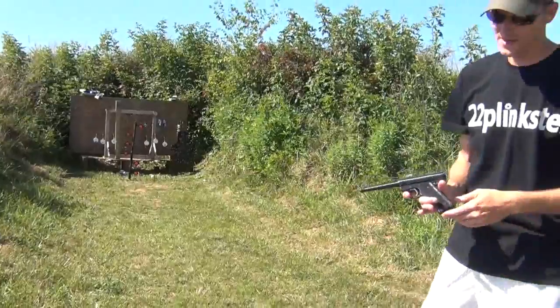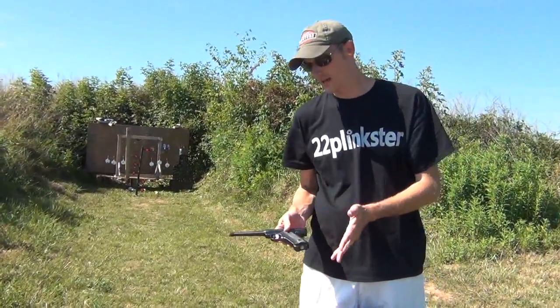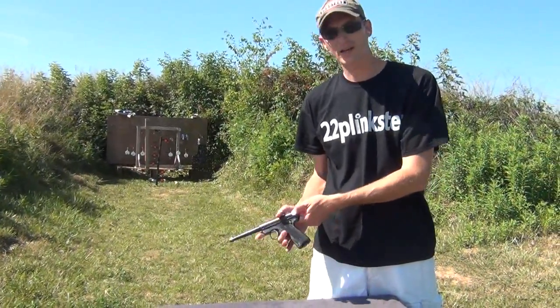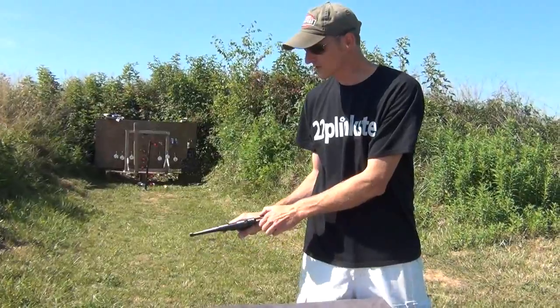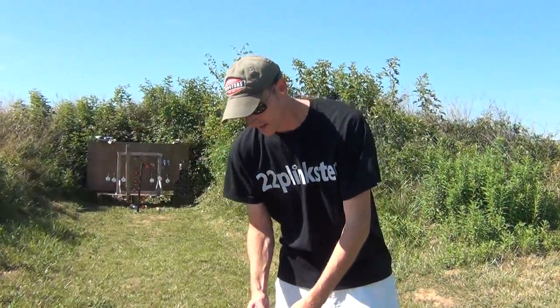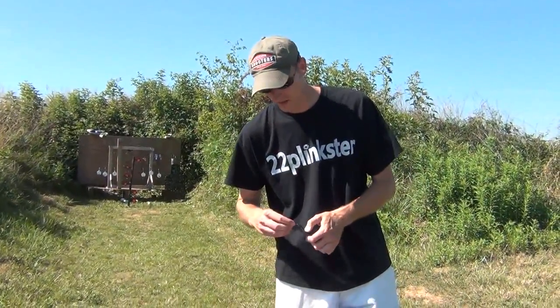You heard that click on the end. That's one of the differences between the Ruger Mark I's and when they came out with the Mark II's. The Mark II's, the slide automatically stayed open on them, so you knew when you were empty. The Mark I's don't do that. It's a fun gun to plink around with, but